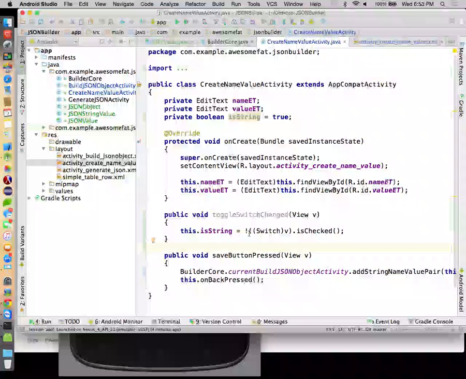So is string is the inverse of whether or not this guy is checked. If this guy's checked, that means it's slid over to the other side because it's in the not checked. So that means it would be the number. So it's the inverse of that. All right, so now we need to